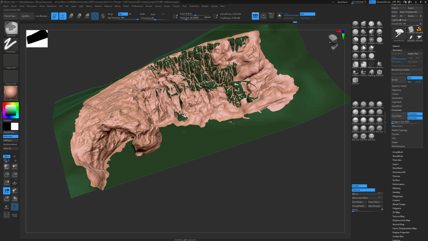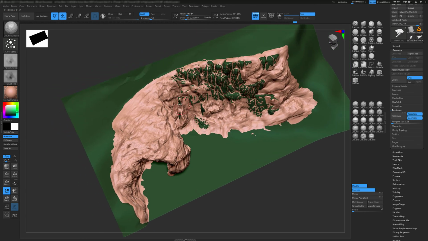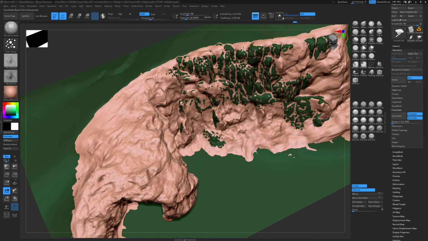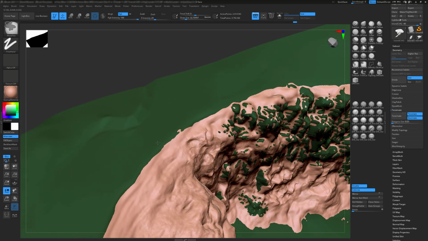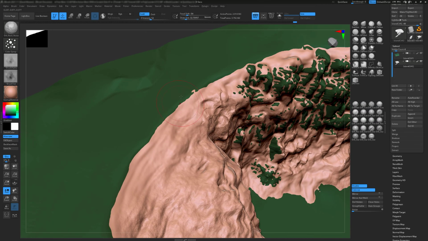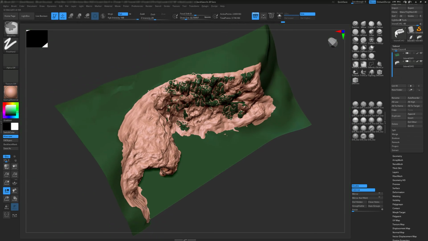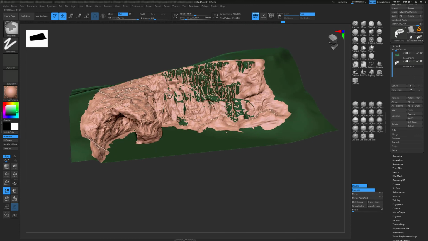So now that we've got that, we can spend more time and actually clear out all the areas that we really don't need that are over here. We can create a much tighter mesh then. You spend much more time doing that. So once we've got this, then now what we need to do is